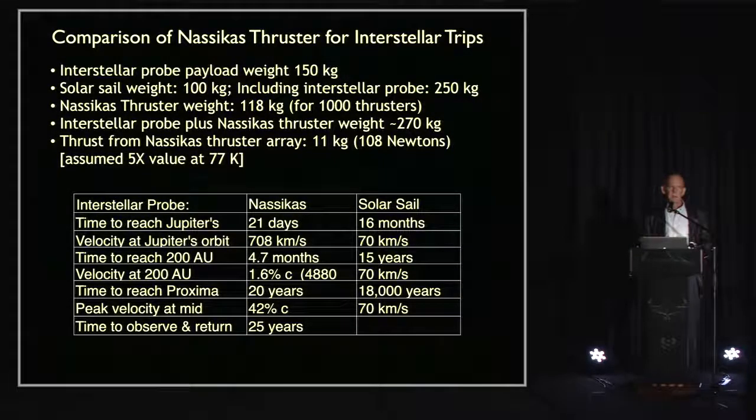Now, if that was to continue at that speed, it would take 18,000 years to get to Proxima Centauri, the closest star, which is a little over 4 light years away, going at 70 kilometers a second. So it's not very practical. If they launched this, nobody would ever know it 18,000 years from now. Now, with the Nasikas thruster, you put it there, and this is that pitiful little thing you saw demonstrated. Let's just say that it develops 5 times that thrust at lower temperatures. In 21 days, you've reached Jupiter instead of 16 months. Your velocity is 10 times greater than what the solar sail had developed, but it continues to accelerate. By the time you reach 200 AU, less than 5 months later, not 15 years,